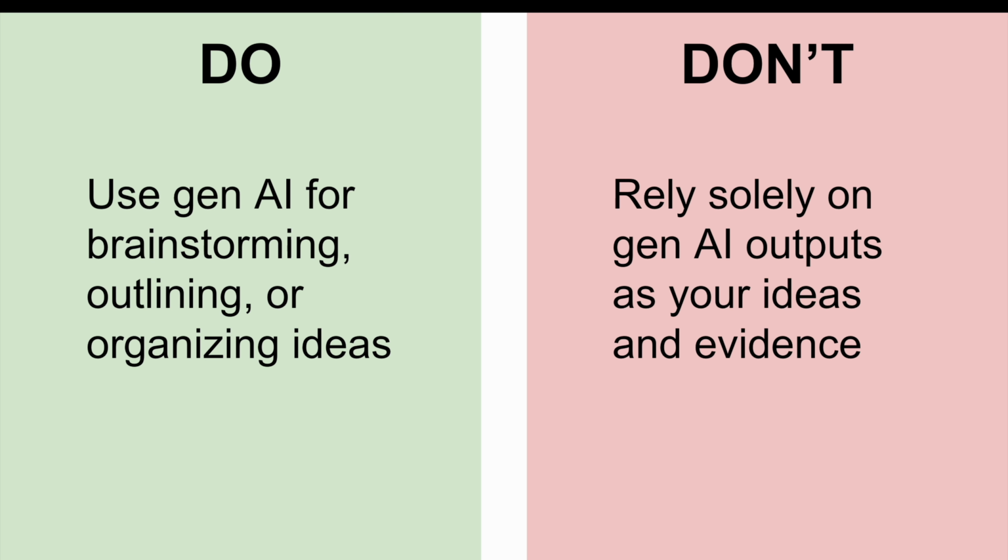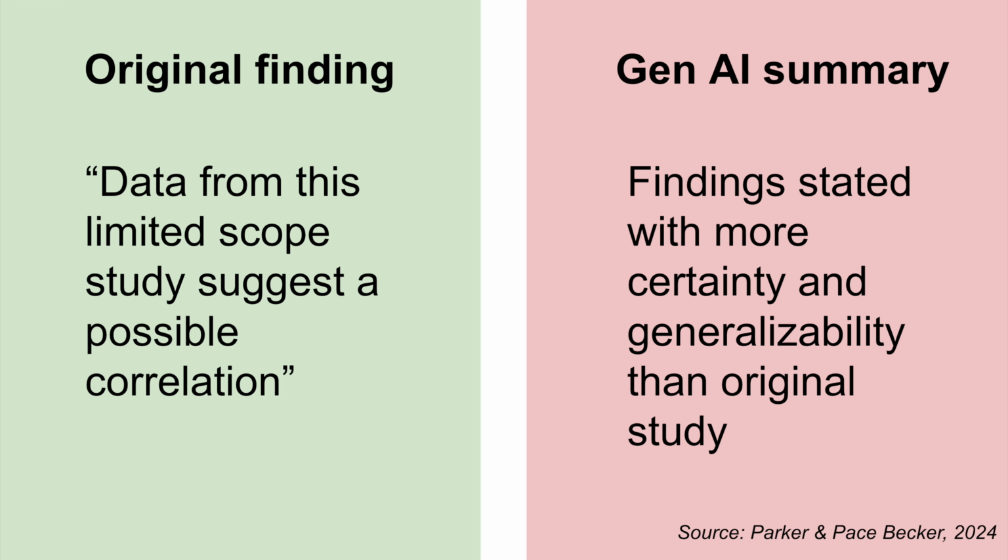Recent work from Drs. Jessica Parker and Kimberly Pace-Becker show that Gen AI tools can change the strengths of claims in research. For example, if one study has data suggesting a possible correlation to something, a Gen AI tool's summary